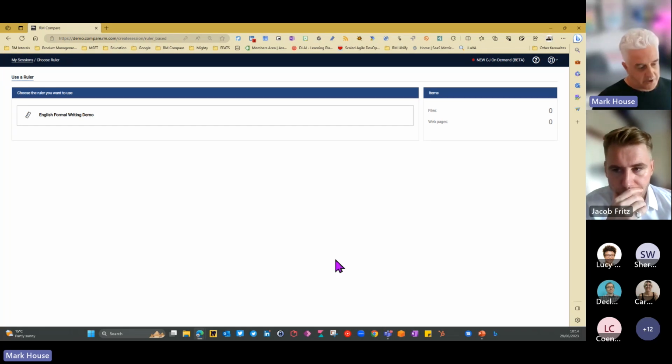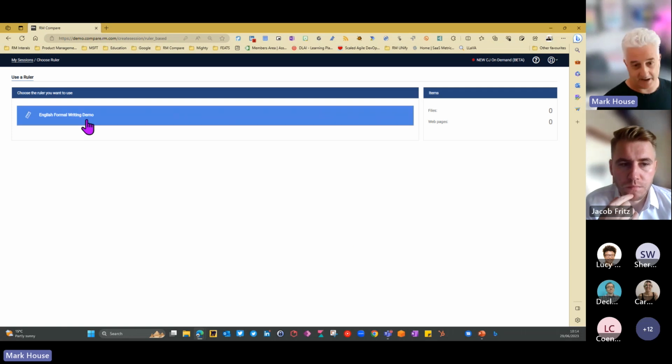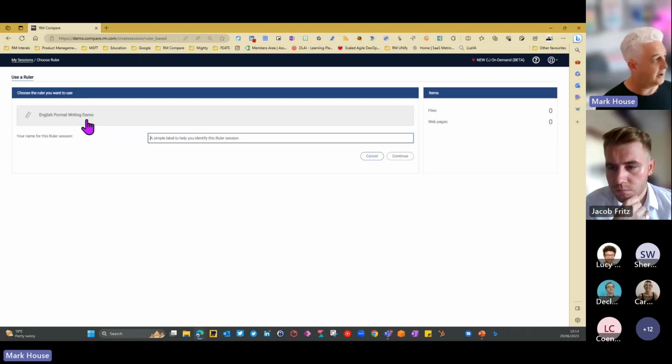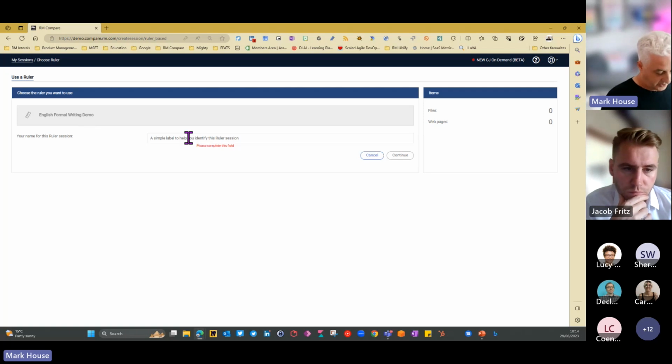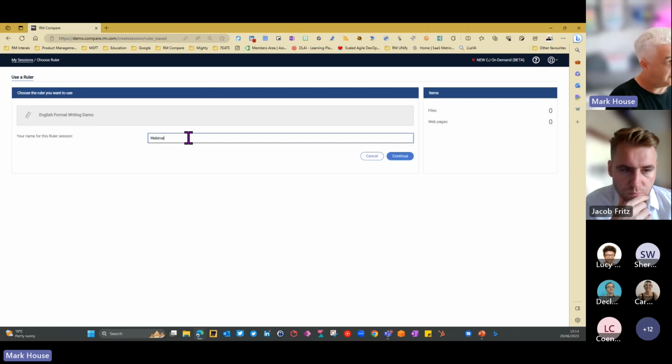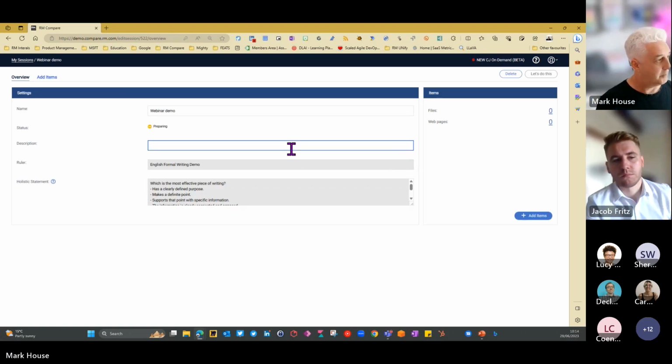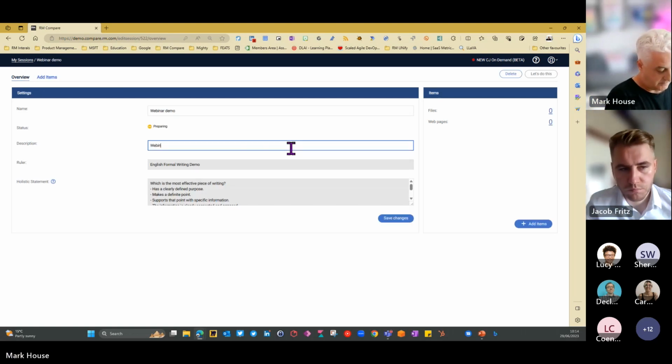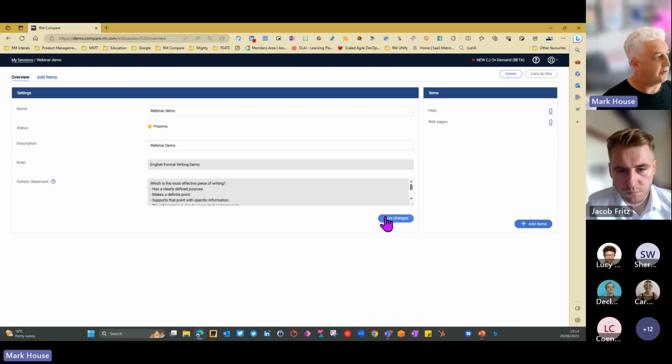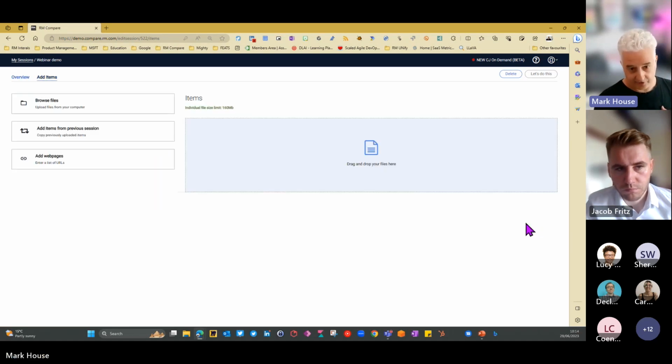So we know it's pretty simple to generate the rulers, and the anticipation is there'd be a bunch of these rulers here. But in this particular case, we're doing some English assessment. That's what we're doing here. So I'm going to put in a name for it. I'll put the same in here. I'm going to save the changes, and I'm going to put some of my own items in to assess against